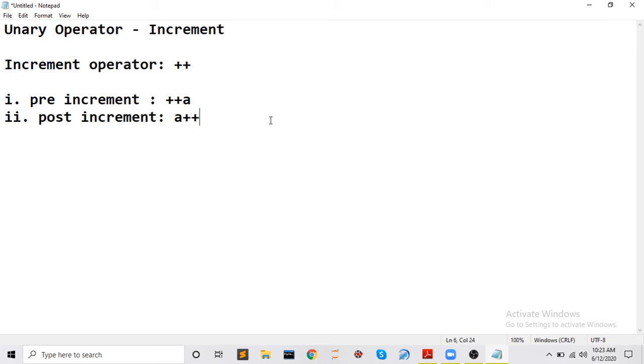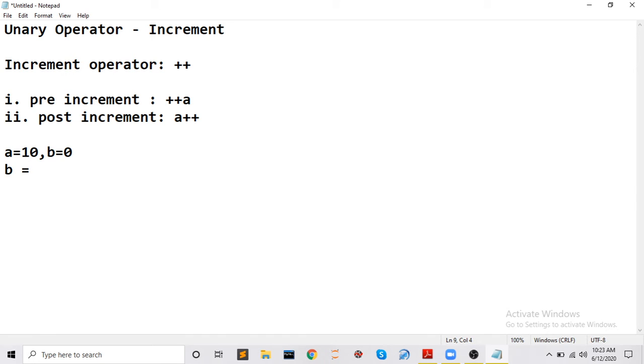Now we will see what will happen if you use the pre-increment, and what will happen if you use the post-increment. Let me take an example. Let me take two values. Suppose a value is 10 and b value is 0. We are taking simple random values, a as 10 and b as 0.